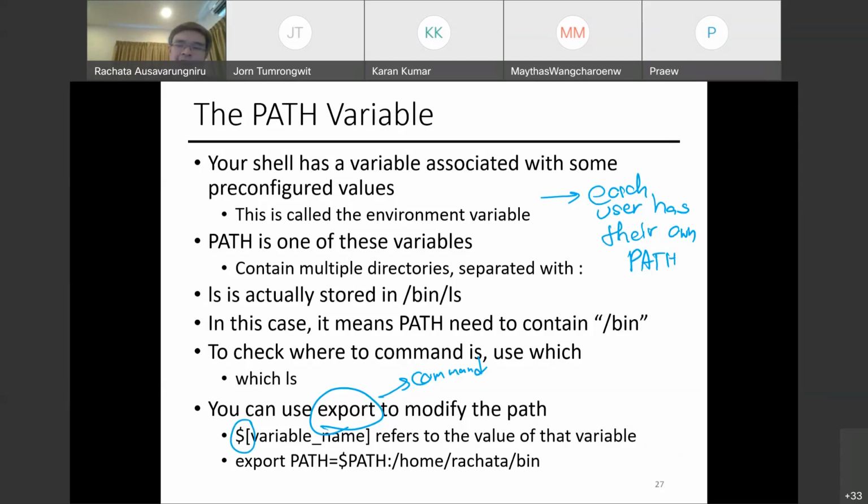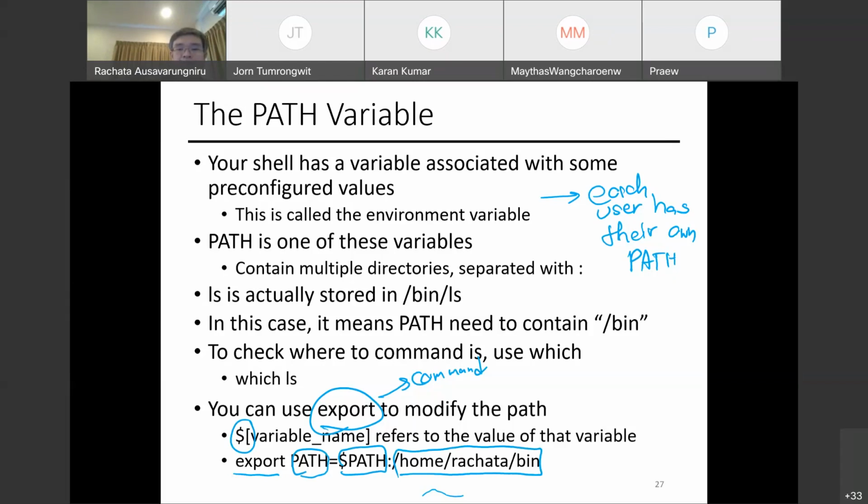Let's just say the dollar sign means I want to get the value of what follows the dollar sign. So in this case, dollar sign variable name refers to the value of that variable. So you can do this: export PATH=$PATH:/home/rashada/bin.